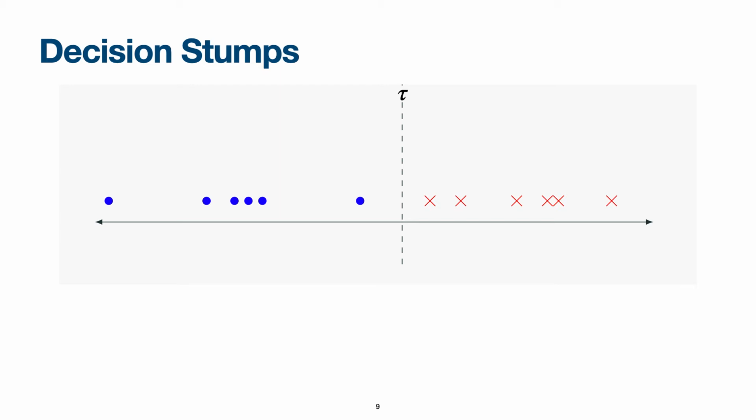So in this case, the domain is the real line, and the labeling function is simply a value on the real line, tau, such that any point on the real line that is less or equal to tau is labeled here as a blue circle, and any point on the real line that is greater than tau is labeled as a red cross. We're here making the assumption that the data is linearly separable, and that all of the blue circles are on one side of tau, all of the red crosses are on the other side of tau.